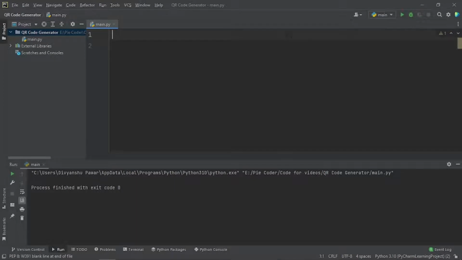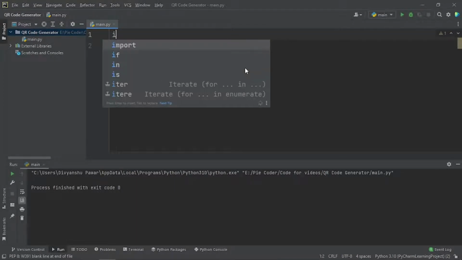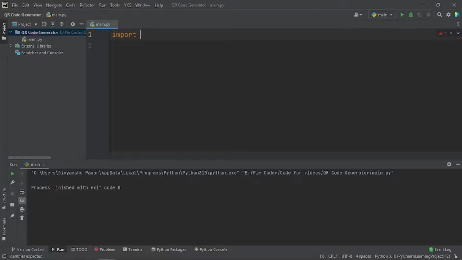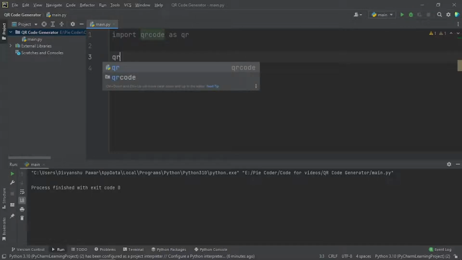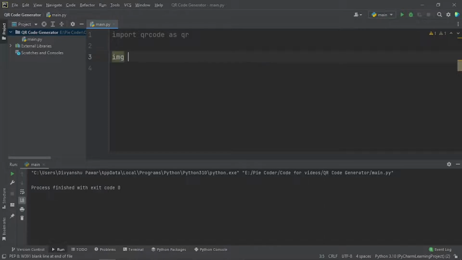Now I will come here and import this module. So I will type import qrcode and I will import it as qr. After importing this module, we will create the QR code. To create the QR code, you have to save it in a variable first. So I'll type img equals qr.make,